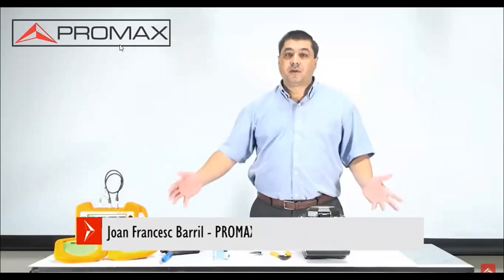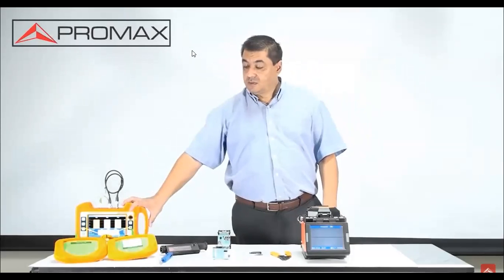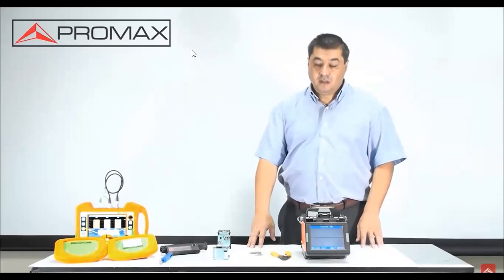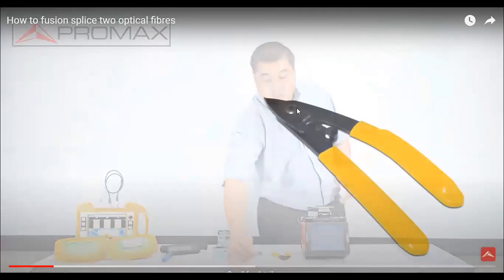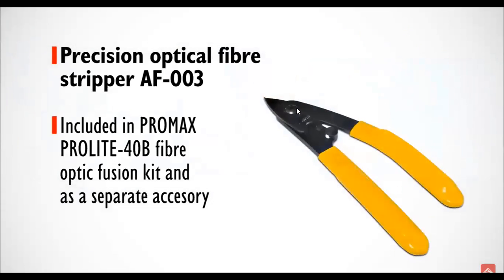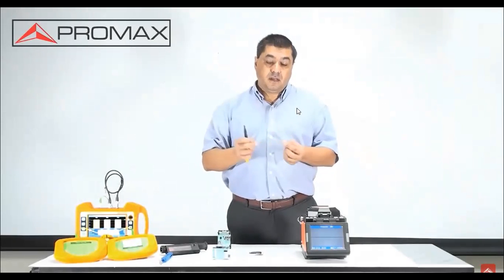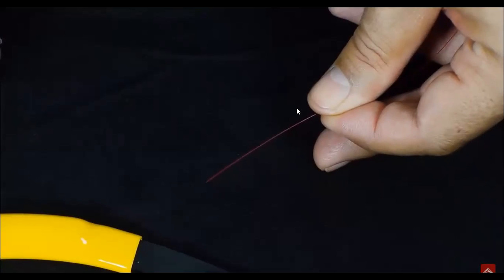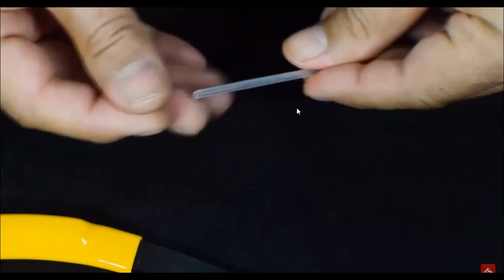Hello, we are here with all the necessary equipment to work with fiber optics. We have a field strength meter, optical power meters, light sources, and the equipment needed to work with fiber optics. Let's make a video tutorial of the Promax Fusion Splicer. Before starting the fusion process, the first thing to use is a fiber optical stripper. It removes the first plastic layer of the fiber and leaves it clean so it can be placed into the splicer. We are going now to strip the fiber, but before that we have to introduce the fusion protection sleeve to protect the bare fiber once spliced.